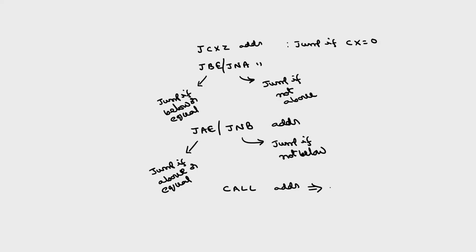So, here in the call instruction, these call instructions are basically used with subroutines. This we have already discussed in the earlier classes. So, the call instructions are associated with subroutines or procedures. I will just quickly review this. So, basically if any operation repeatedly occurs, then we will write a subroutine.